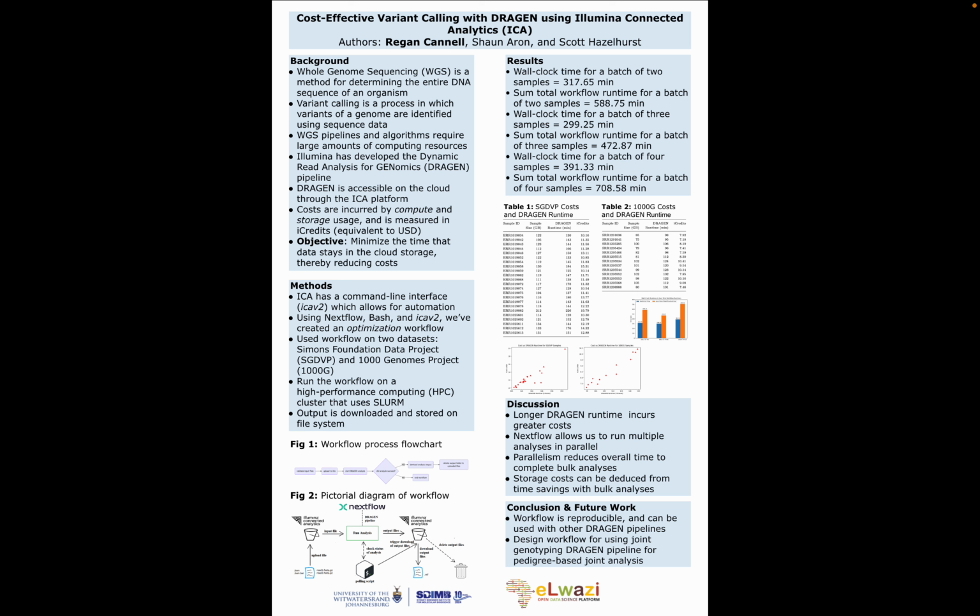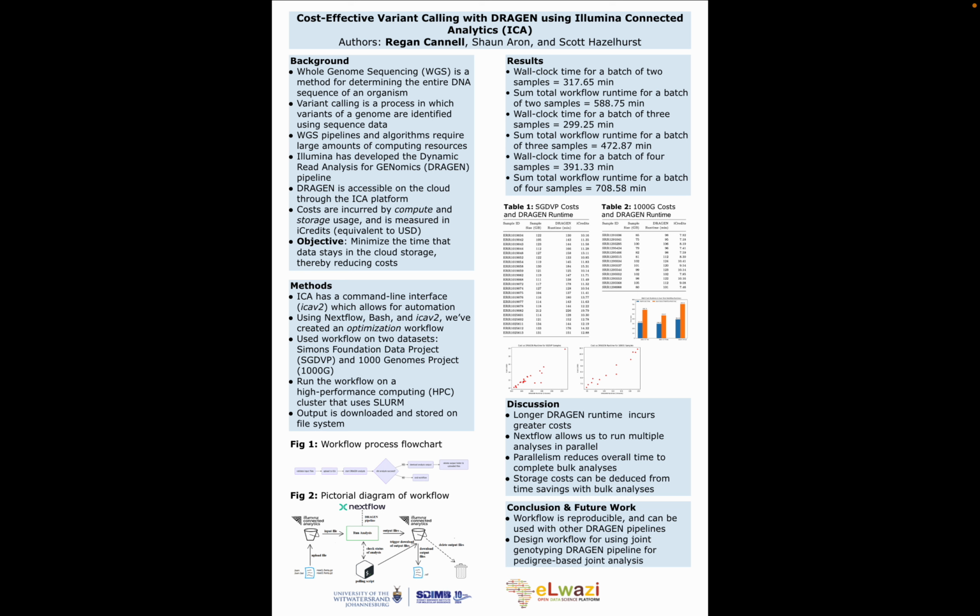DRAGEN is accessible on the cloud through the ICA platform, and this entire study is working entirely on the cloud. We're just looking at this particular solution. A DRAGEN server can be purchased, the physical one that can be run on-prem. When you run DRAGEN in the cloud, you incur costs by compute and storage usage, and we measure this in something called iCredits, but an iCredit is simply equivalent to a US dollar. So our objective is to minimize the time that data stays in the cloud, and thereby reduce costs, at least